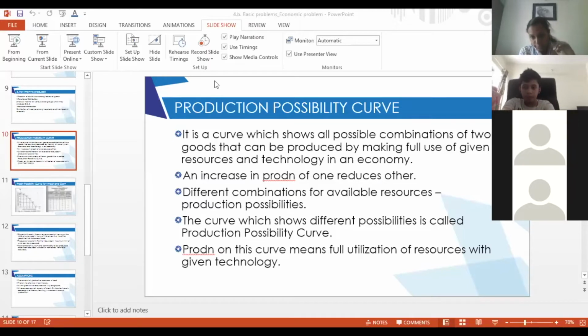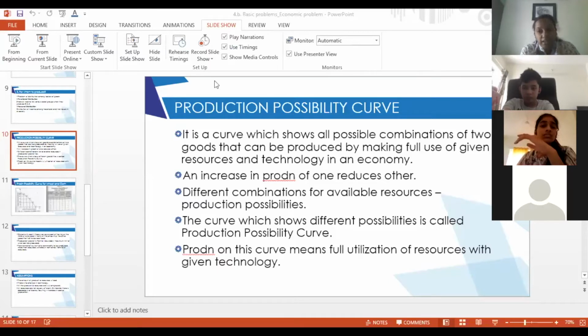Is it clear to you? Because you are using all the available resources with you, you cannot have more resources, that was the maximum limit. So if you increase production of one, the other production has to come down, right? And this term, the amount by which the other one comes down, is known as opportunity cost for that product. That means when you are increasing the production of one of the two goods, the amount by which the production of the other good comes down is known as the opportunity cost for that product. Is it clear? Opportunity cost is clear to all of you?